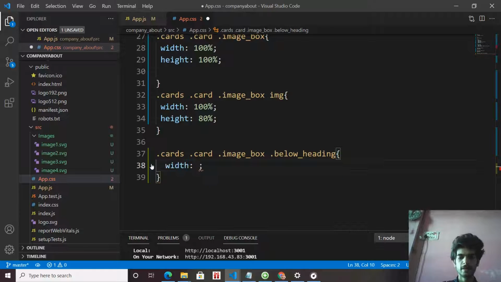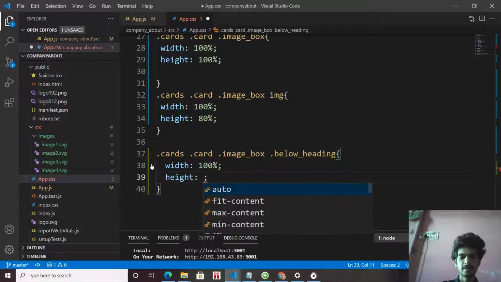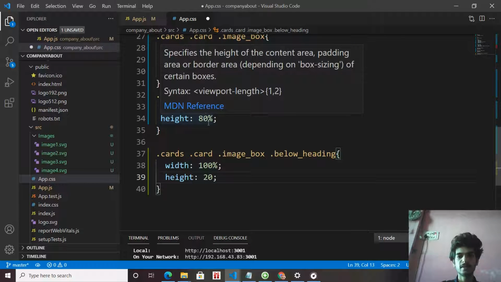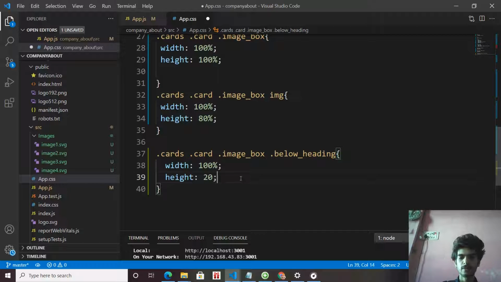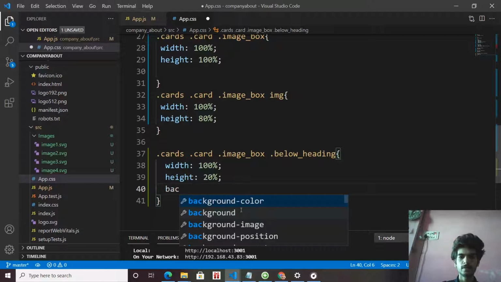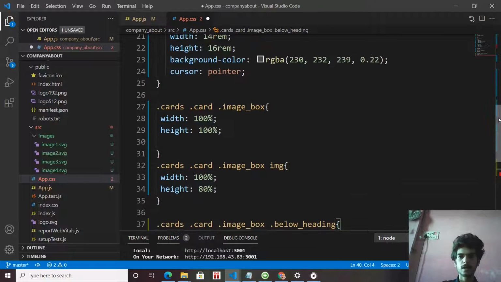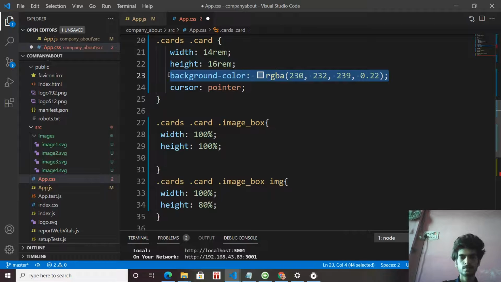Width 100% of the card width, and height 20%, because 20% is remaining. Background color, the same background color as our card, so copy this.